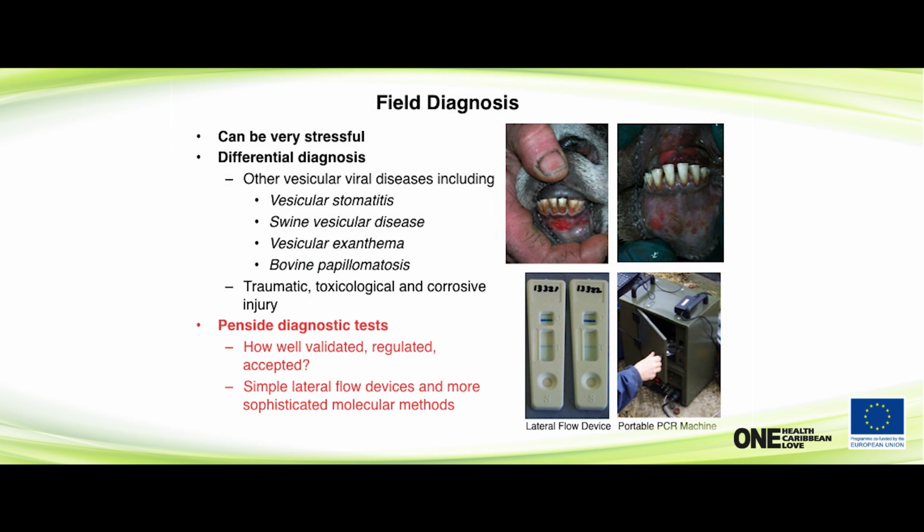So one thing that has been developed more recently to help you in the field to make your diagnosis is that there are now some pen-side diagnostic tests available, and they are essentially of two types. So you have the very simple disposable lateral flow device, where you can take some vesicular fluid, or you can take some epithelium and grind it up with a simple pestle and mortar, and then you can put the liquid on here, and you can see whether you get a line in the test line, and this control line should always come up